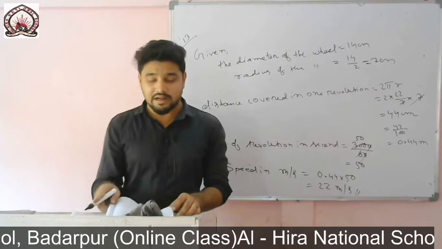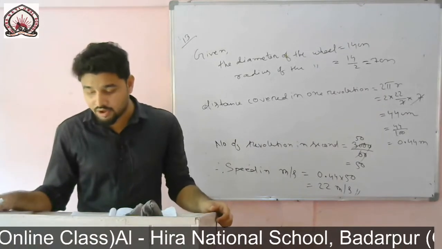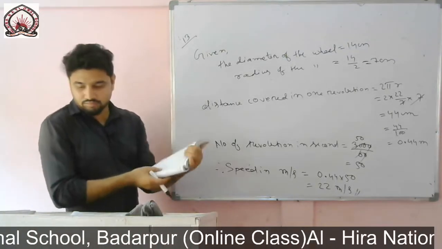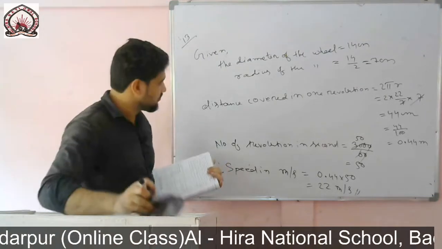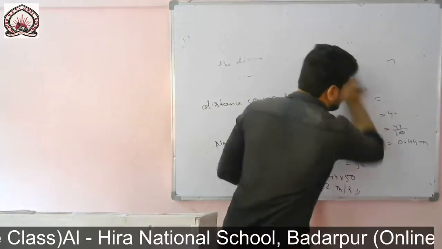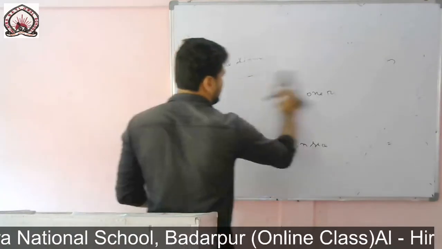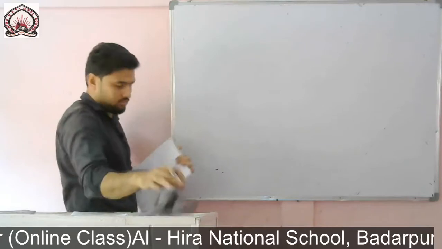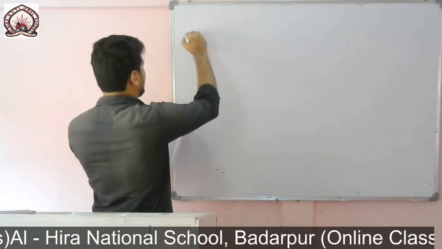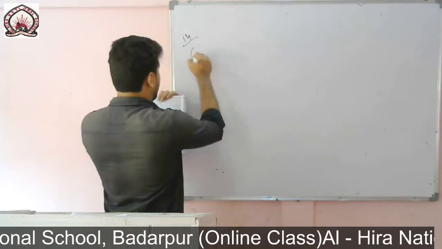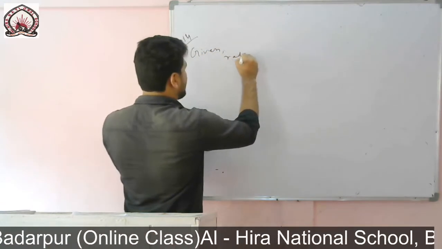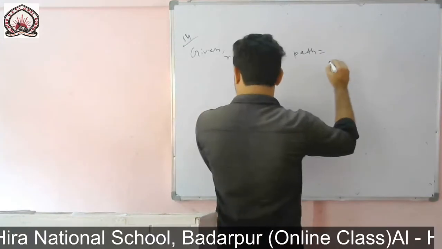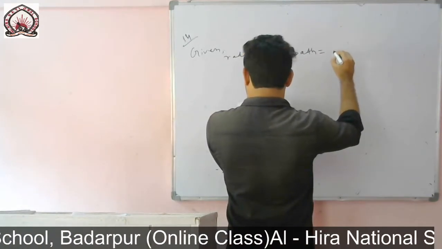So indirectly we can say the radius of the path is given, so we can find the circumference of the path. Given radius of the path equals